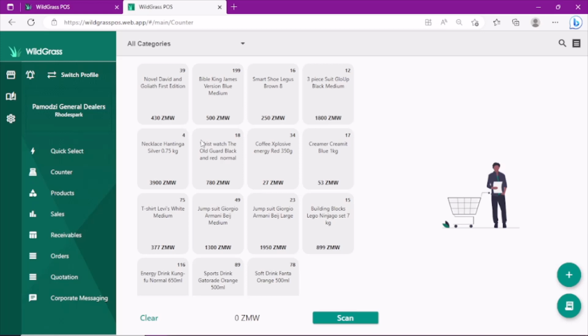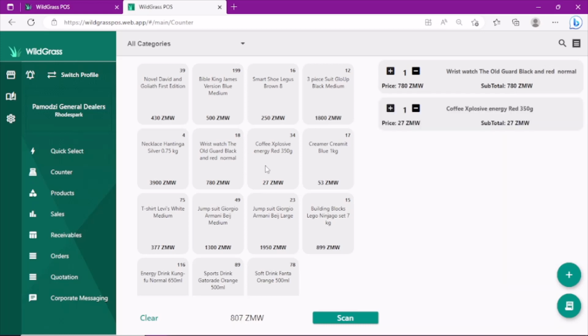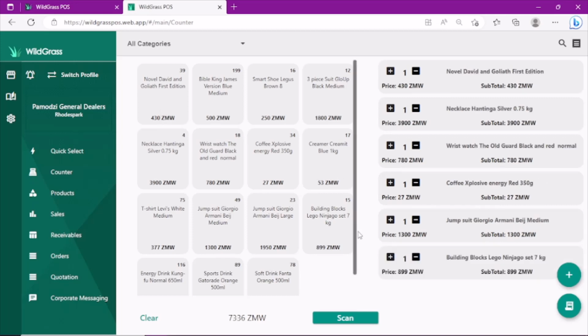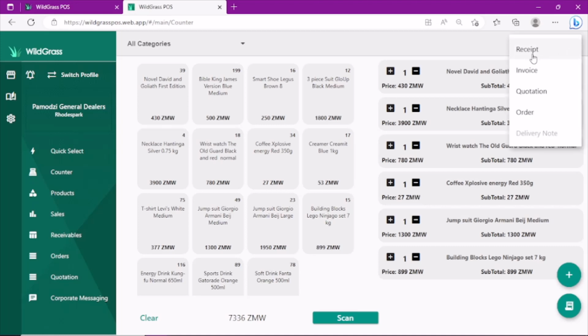Assuming as a business you would have already entered your products at this stage, you're looking now to generate your receipts, your quotations, your invoices, etc. To do that, you enter the products that will be included in that document, and right at the top in our top right hand corner, we'll set what type of document we want to generate. In this case, we'll say receipt,